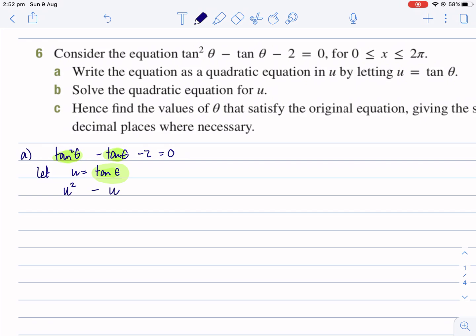Tan theta will be u, minus 2 equals 0. If we factorise this, or you can solve it with the quadratic formula, I'm going to factorise it. U take 2, u plus 1, because negative 2 is negative 2 times 1, negative 2 plus 1 is negative 1, yeah, we're good, equals 0, so u equals